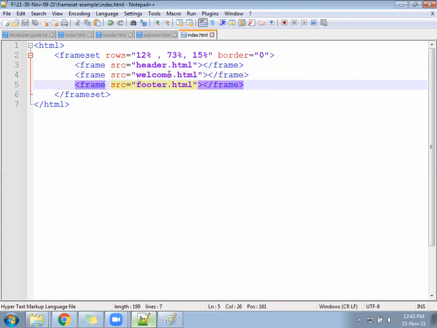When the user clicks on the login page, the welcome will get replaced by login. When the user clicks on the about us page, welcome will get replaced by about. So the header will be the same, the footer will be the same, and in between the file name will get changed. Whichever file changes, that file will load simply. Page will not reload at all.